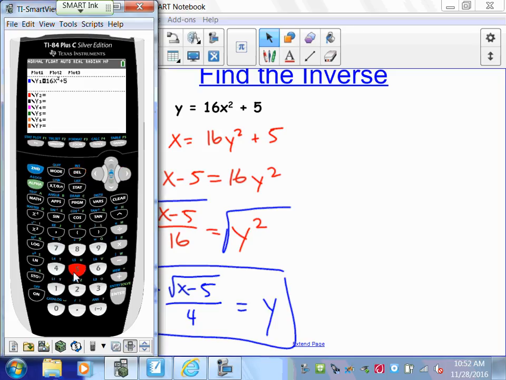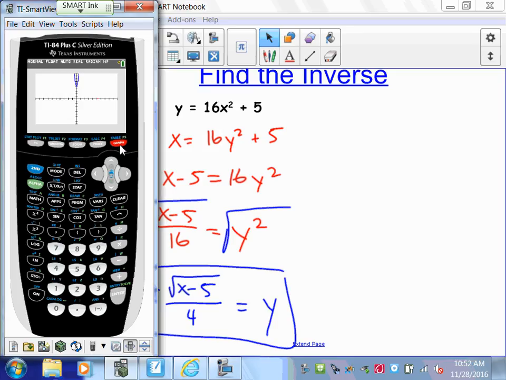All right. When you graph it, what shape is it? It should be a parabola, right? So if you were to switch all the x's and y's, you should have a parabola going this way. But if you only put the plus part, if you only put the positive, so if you go square root of x minus 5 over 4,